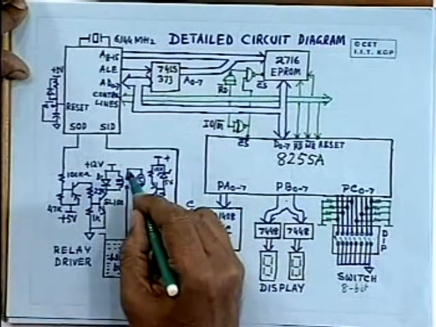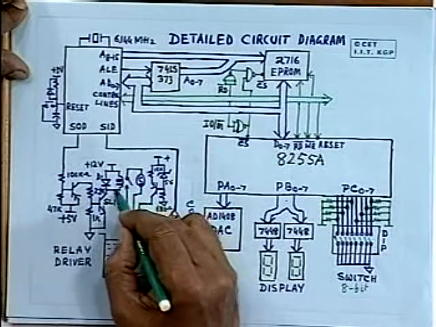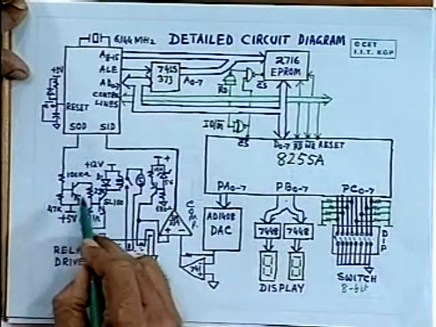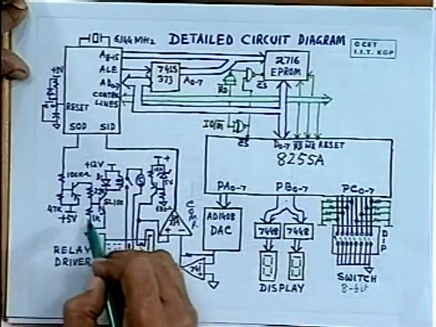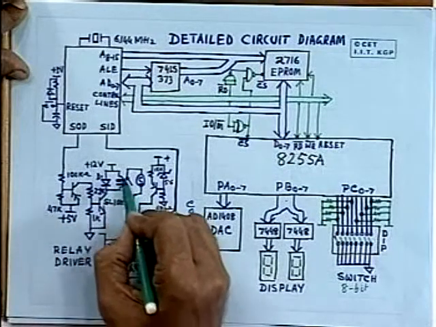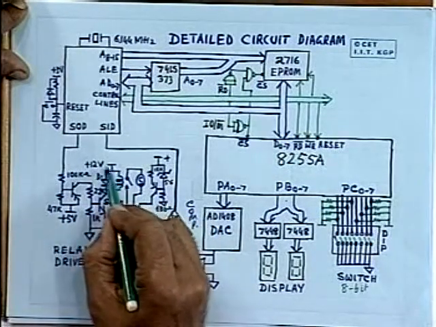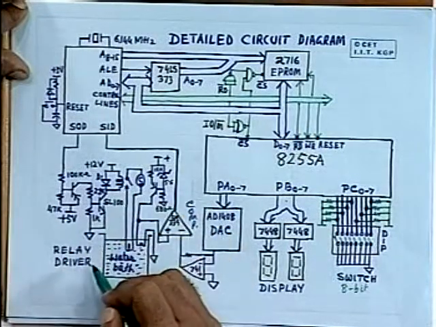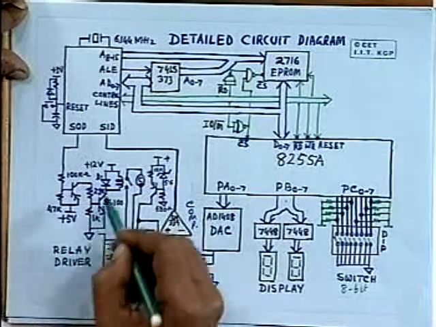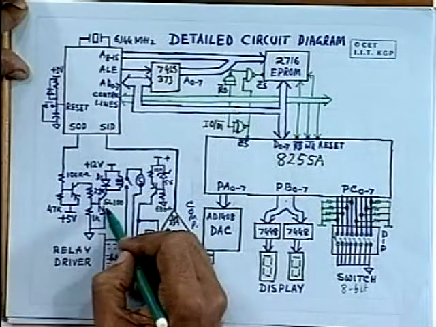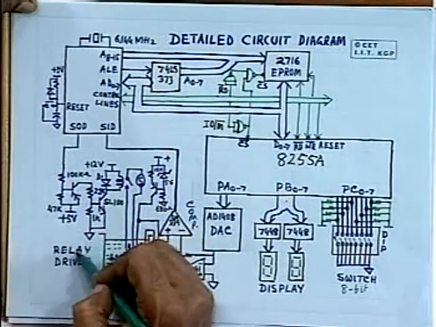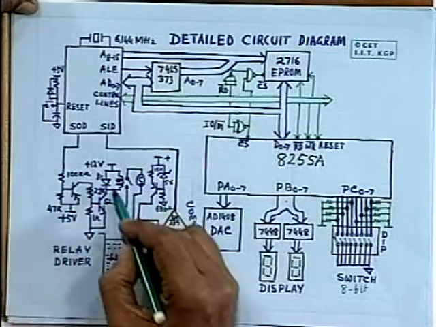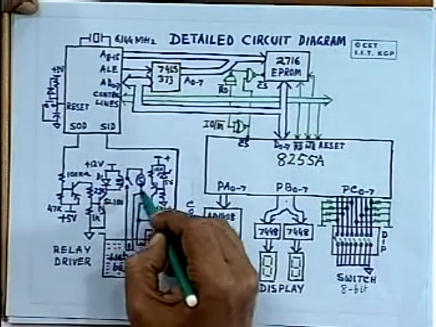The heater is shown here, and as you can see, this is the relay which is controlled by this relay driver. This is the relay driver circuit which is implemented by using two transistors and a few resistors. Because the relay requires high voltage and high current, the voltage requirement is 12 volt and the current requirement is about 100 milliampere or so, which cannot be driven by the SOD line. So we have used two transistors to drive the relay. So this is the relay driver, this is the relay, and here is the heater.